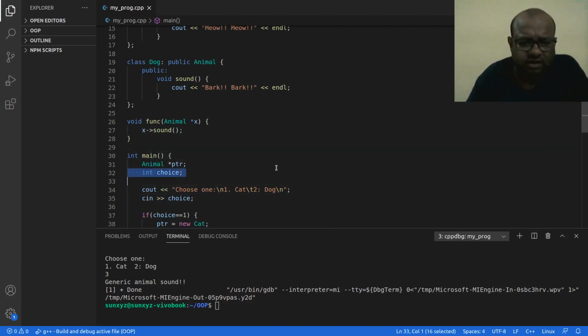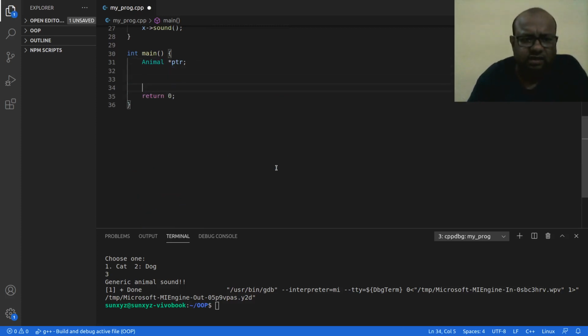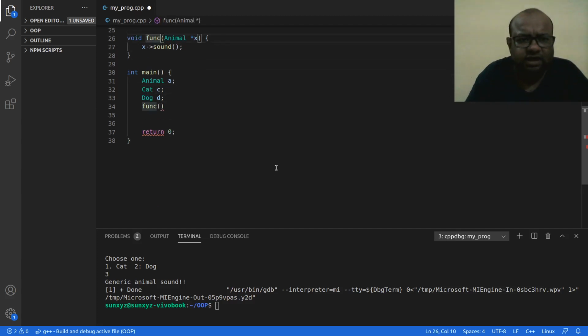Now let me do one thing. Let me create an animal object A, let me create a cat object C, and let me create a dog object B. Okay, and then I am going to call this function with, this is taking a pointer of animal class, so I am going to send the address of this animal object, right?